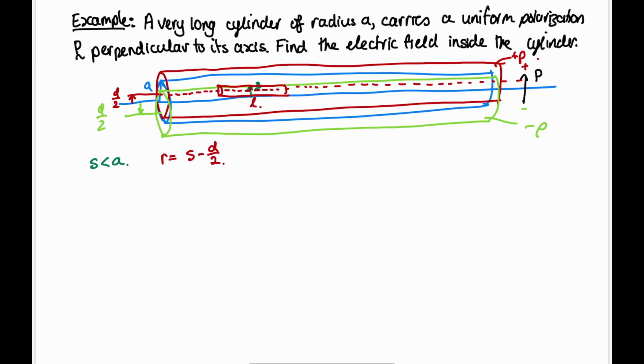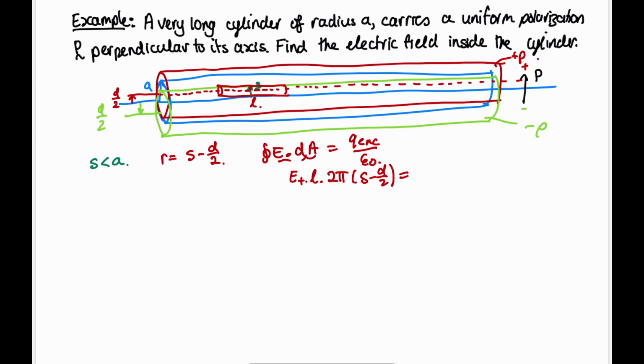minus D on 2. And so Gauss's law tells us that the electric field dotted with the area is equal to the enclosed charge over epsilon naught. And so we can assume that the electric field's uniform over this surface. We'll ignore these surfaces because it's perpendicular there, so the dot product's 0. And so we can say, well, this is going to be E positive dA, and the area of this is L times 2 pi r, which is S minus D on 2, is equal to the enclosed charge, which is